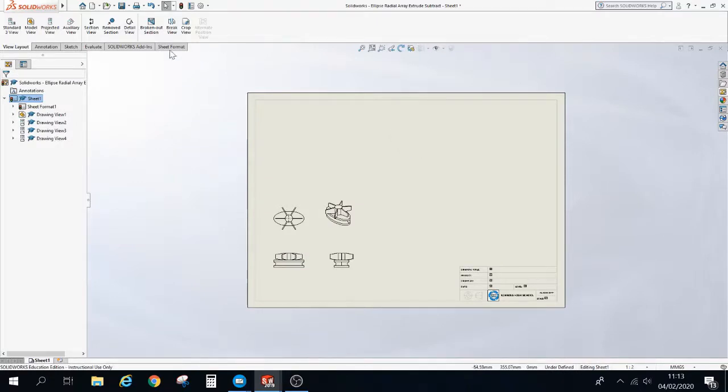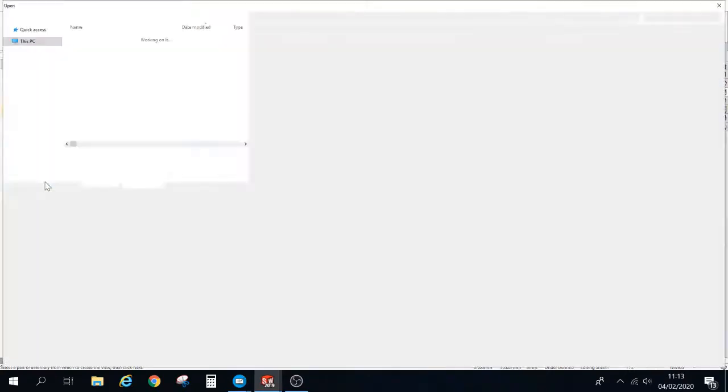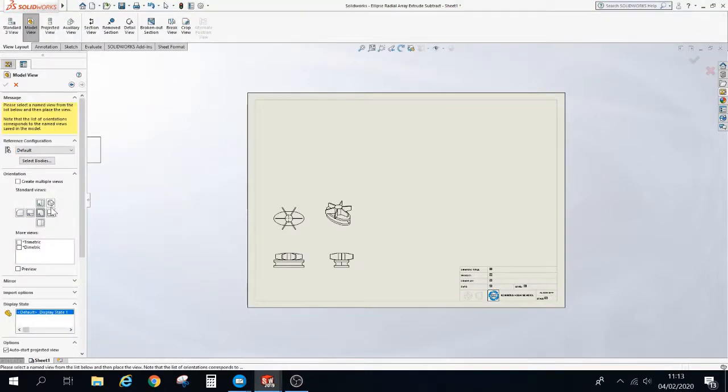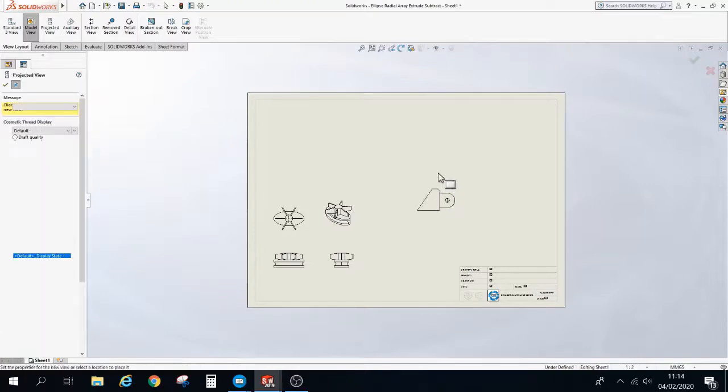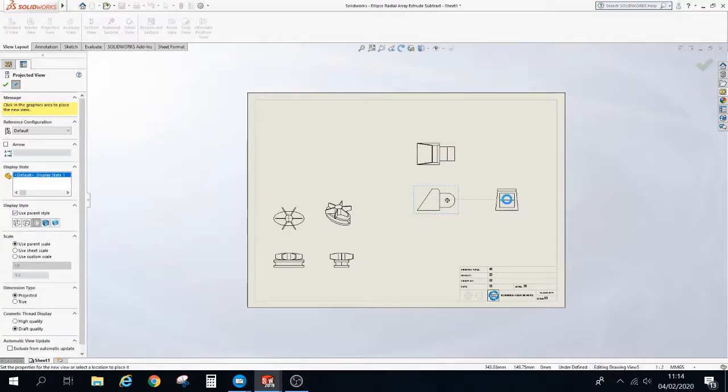How do I do that? I click on Model View, I browse for my next component, so you go and find where you've saved it. Today I'm going to use this one here, and because I've already used this before, I know that if I use this view here on the right hand side as my elevation, I'm going to add in a plan view, I'm going to add in an end elevation, and I'm going to add in an isometric up in this corner,